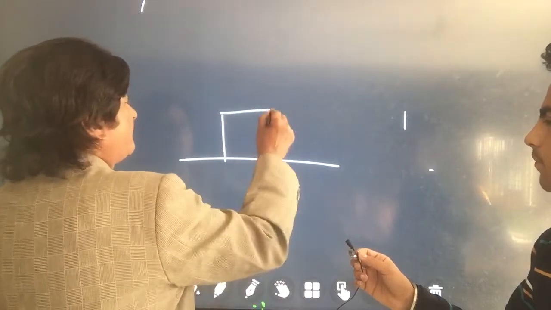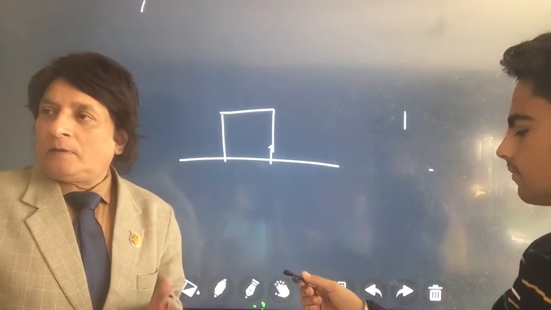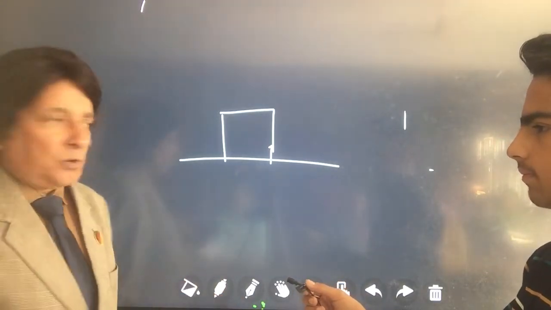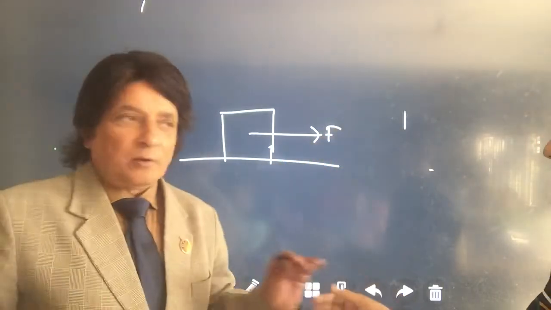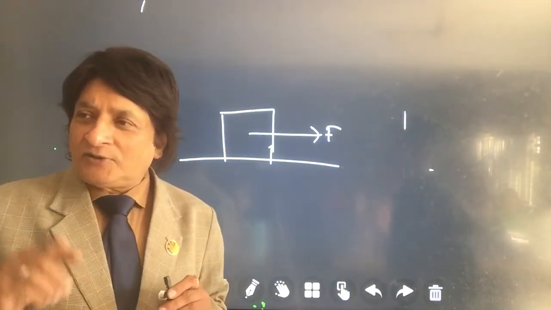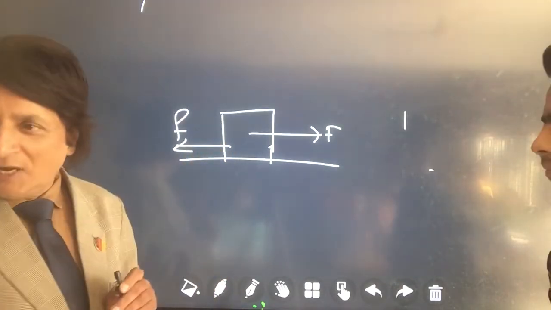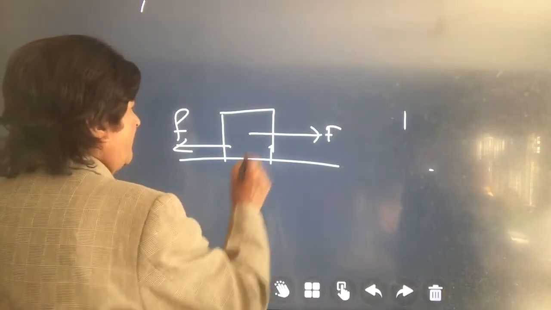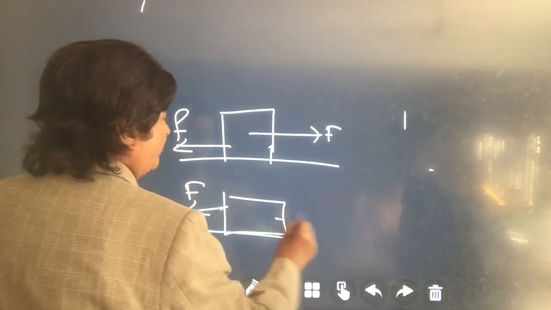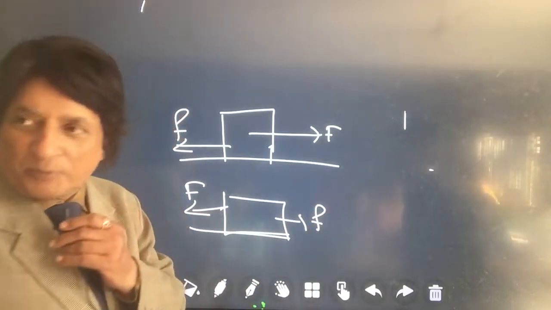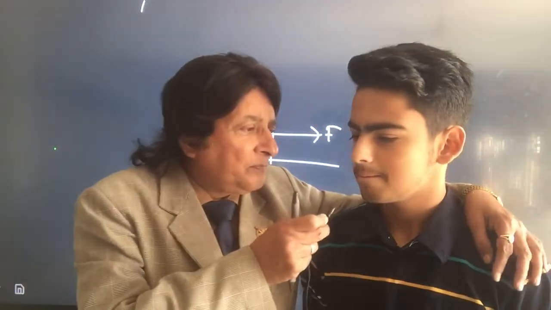There is a block. एक ब्लॉक है, उसके ऊपर फोर्स लगा रहे हैं टुवर्ड्स राइट. तो फोर्स ऑफ फ्रिक्शन किधर होएगी? ऑपोजिट, लेफ्ट. नाउ अगर मैं फोर्स उसी ब्लॉक पे लगा रहे हैं टुवर्ड्स लेफ्ट, तो फोर्स ऑफ फ्रिक्शन किधर होएगी? ऑपोजिट होएगी. Don't you think, Mr. Soni, it's like a current?